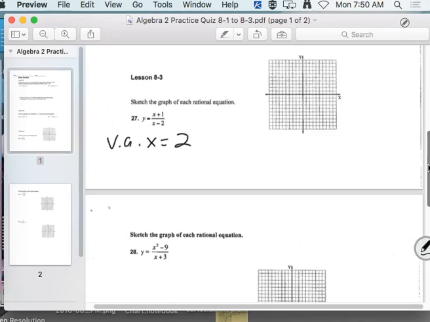Since we're talking about stuff that's not on our graph, let's go after the horizontal asymptote. This one is 1, the x over the x. Remember, there were two ways to do this. You could think of it as infinity. If you put infinity in for x, it would be infinity over infinity, which would just cancel out